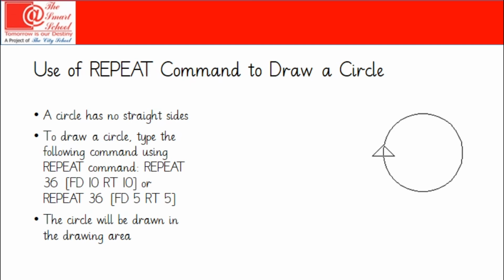It will repeat this command 36 times, and it will make the turtle move forward 5 points, and it will then turn the turtle 5 degrees, and it will repeat the same process for 36 times. And when you execute this command, you will see a circle drawn here, as you can see in this figure.